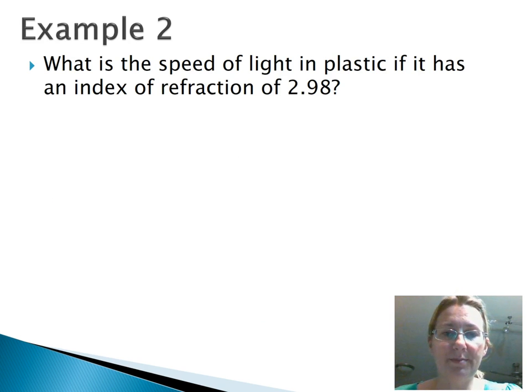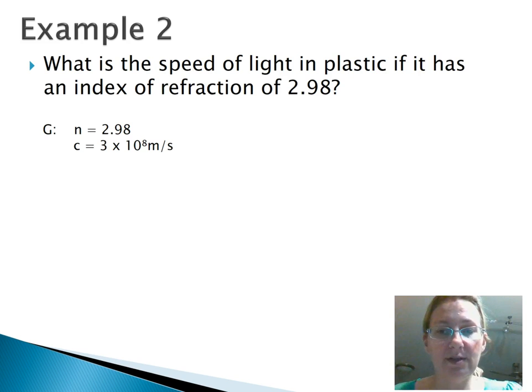Okay, let's do a second example. In this case, we actually have to solve what the speed of light is given an index of refraction. So again, write down what's given. We know N is equal to 2.98. And don't forget, we know that C, the speed of light in a vacuum, is 3 times 10 to the 8 meters per second. We are required to solve the speed of light in the plastic,